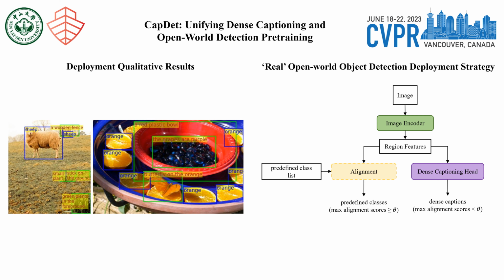To demonstrate the effectiveness of the proposed strategies, we conduct detection on the images with 80 classes of COCO and regenerate captions for the unknown objects. As shown in the figure here, our proposed strategy expands the semantic space of the limited category list and shows